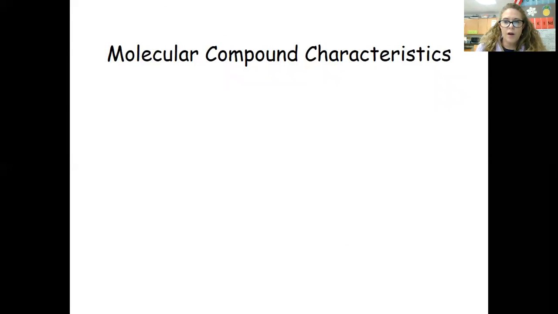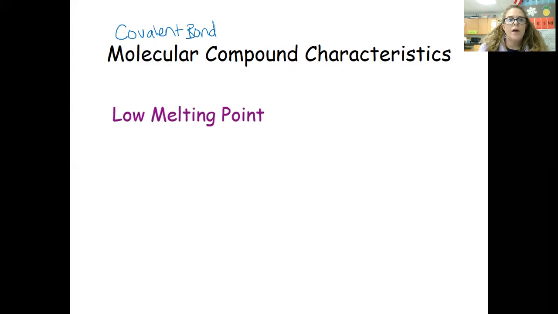So now we call those molecular compounds. When you see the word molecular, this means a covalent bond, okay? Because covalent bonds make molecules. All right, so they have a low melting point. Now, ionic and covalent are opposite. Transfer, share. Metal and nonmetal, just nonmetals. So now these are the opposite